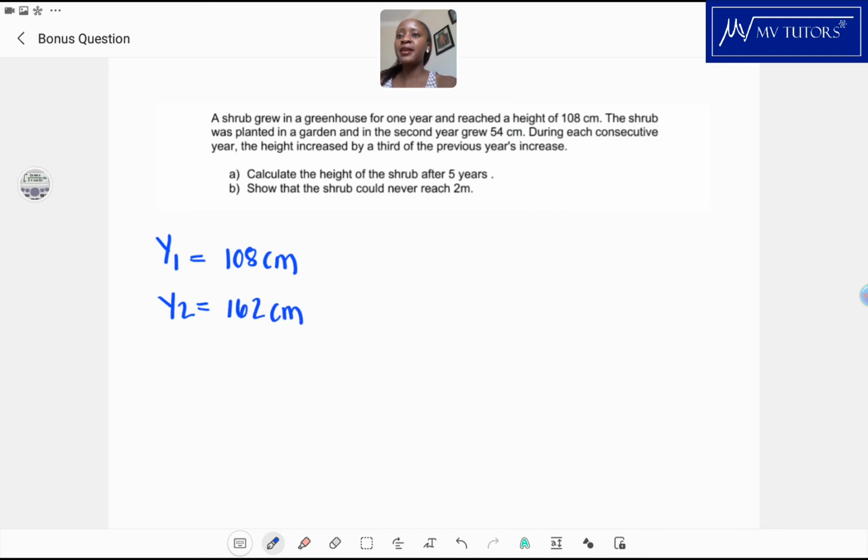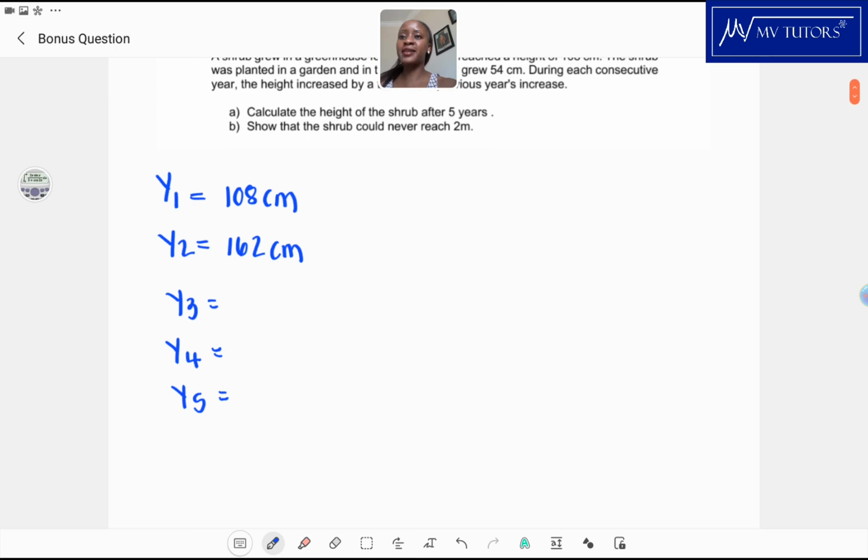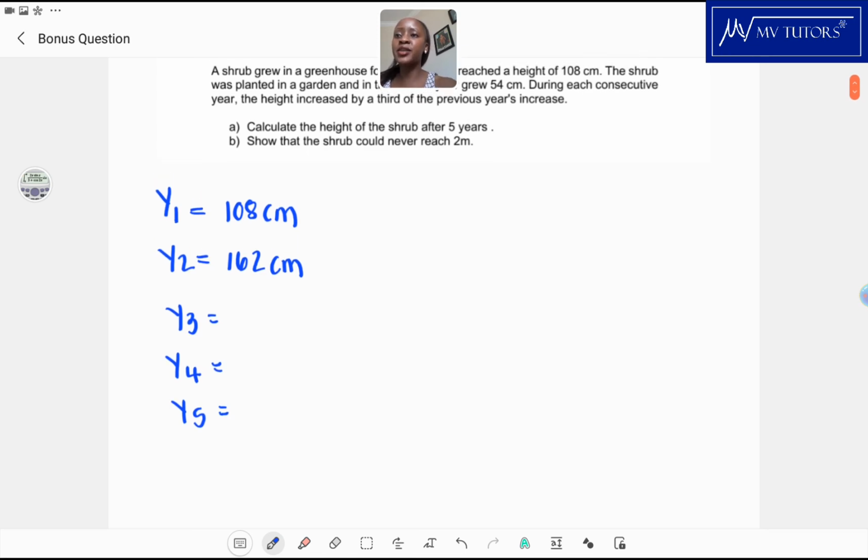All right. Now what happened in year 3, what happened in year 4, and what is happening in year 5? That is what part A is asking. We need to figure out what is happening, because they say during each consecutive year the height increased by a third of the previous year's increase. Okay, so here it increased by 54